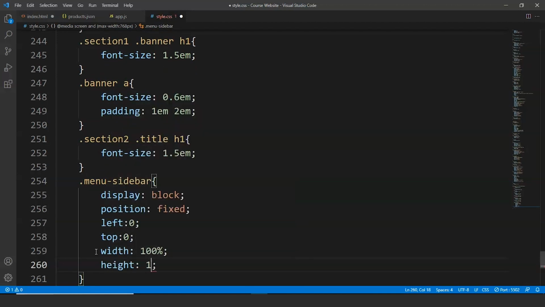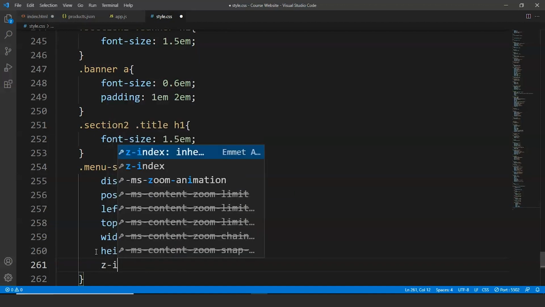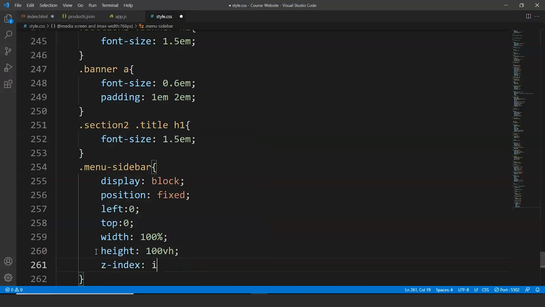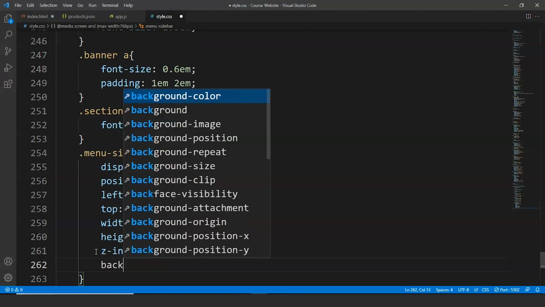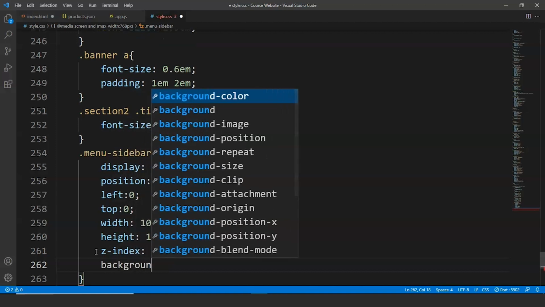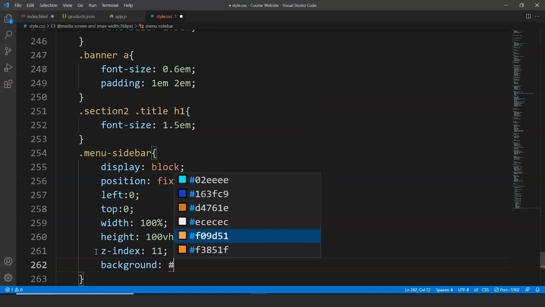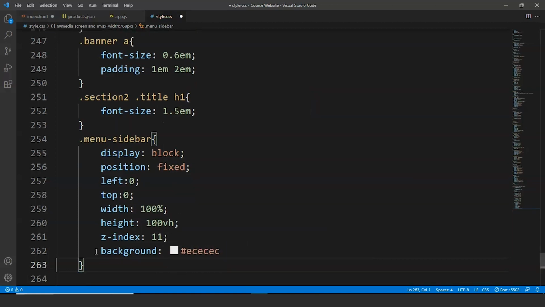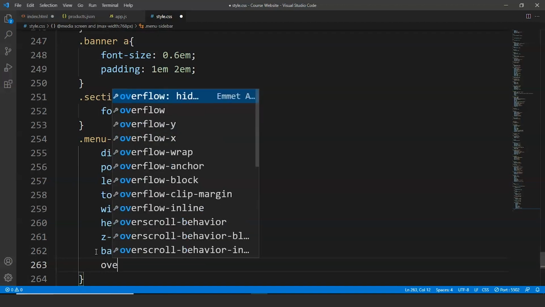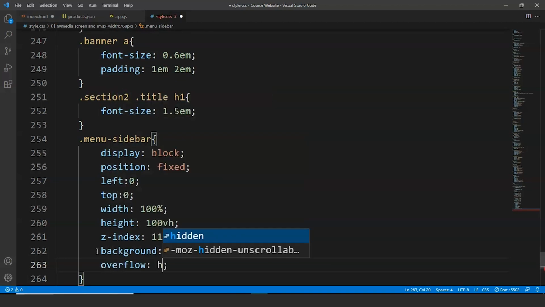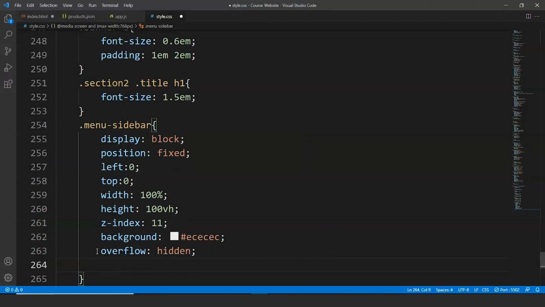Height is 100 viewport height, and z index is 11. Background is going to be gray again, so we'll write here EC. Then we'll write here overflow is hidden, and